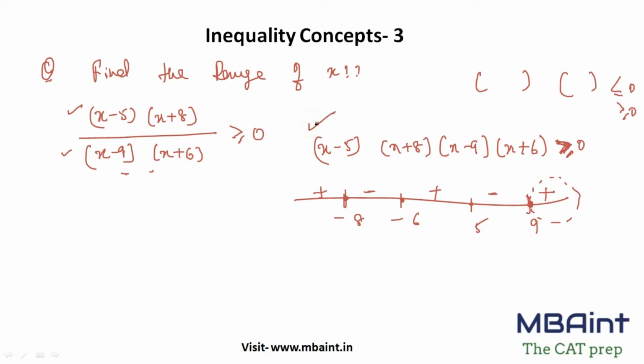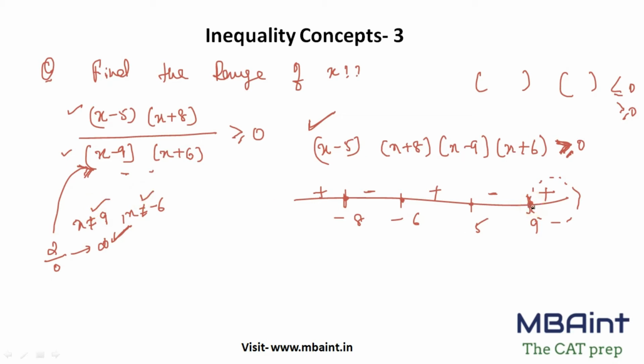Now guys, keeping this in mind, you need to understand one thing. I need to check that the denominator of this fraction should not be 0. If the denominator is 0, what happens if I divide 2 upon 0? This is nothing but undefined. So I need to make sure that the denominator is not 0. So I need to make sure that x is not equal to 9, or x is not equal to minus 6, and all the rest of the values will satisfy.